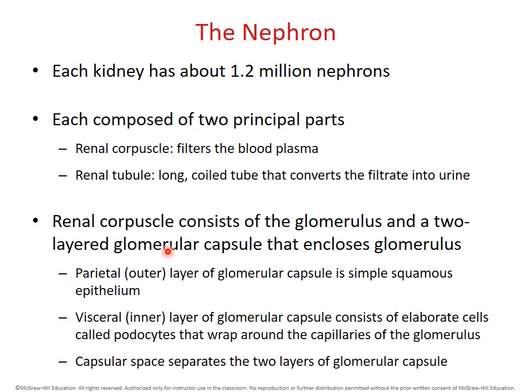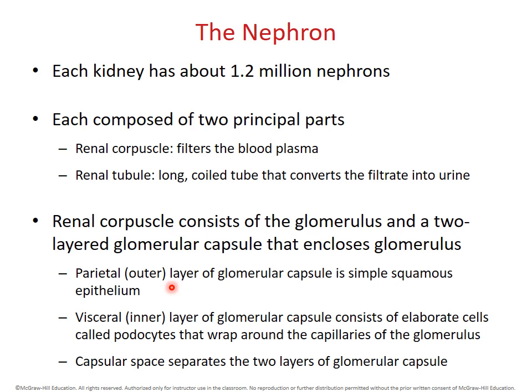Now, the glomerular capsule is not a single layer of cells. In fact, it's a double layer of cells. It's a double layered capsule with a hollow space in between the two layers. The outer layer of the capsule, which is called the parietal layer of the glomerular capsule, is just simple squamous epithelium. So this is the outside of the capsule. This part is not in direct contact with the glomerulus. It forms the outside of the